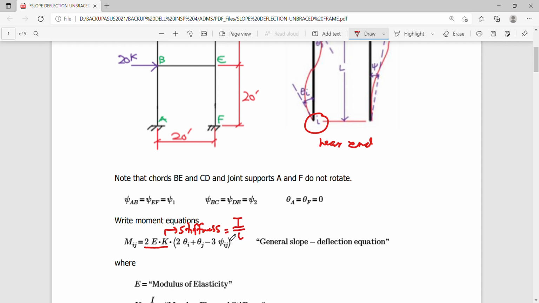So this is simply 2EI over L multiplied by this expression here,